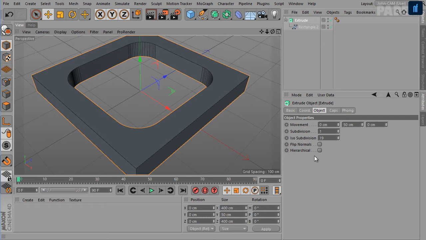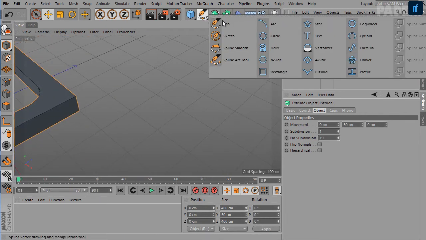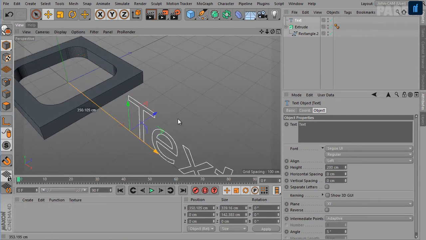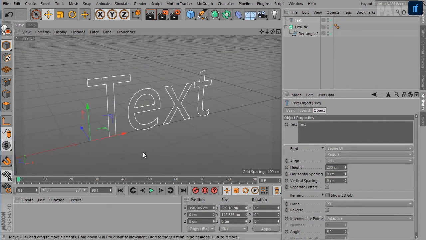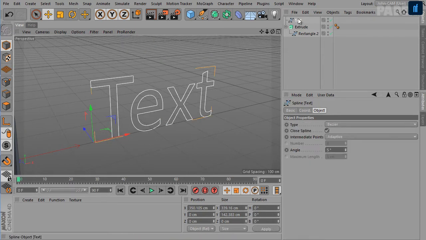If this option is enabled, you can group, say, several splines within a null object and then extrude them. I'll give you an example for this. Let's create a text spline. If I press C to make it editable, you will notice that we have a single spline here.